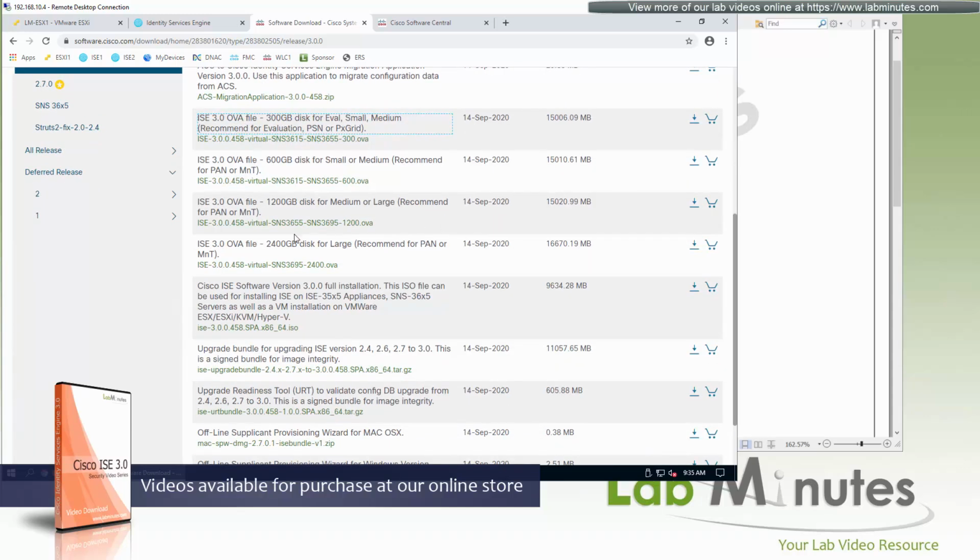And then for the 3655 or the 3695 equivalents of the medium and large, which is recommended for the admin and monitoring, this one actually comes with 1.2 terabytes. And if you go with the large one, the 3695, this one comes with 2.4 terabytes of disk space. So those are the OVAs that are available, and you can pretty much use any one of these that